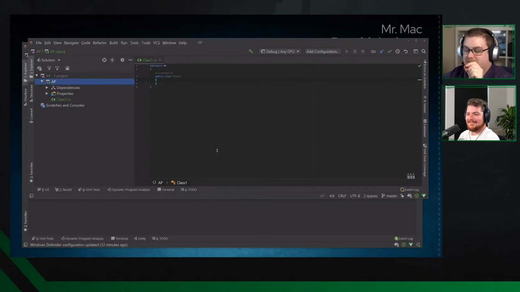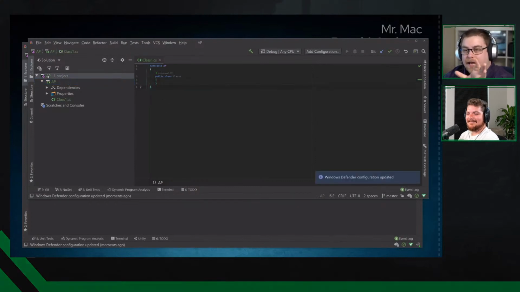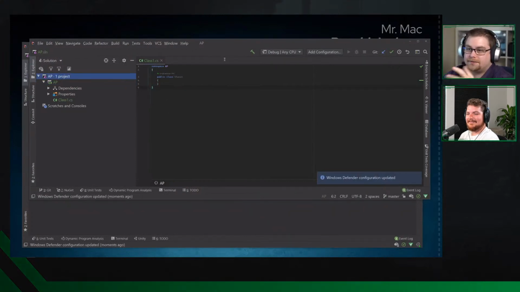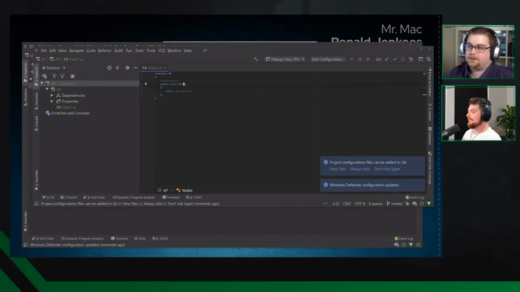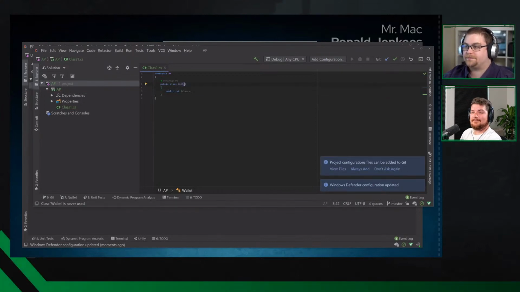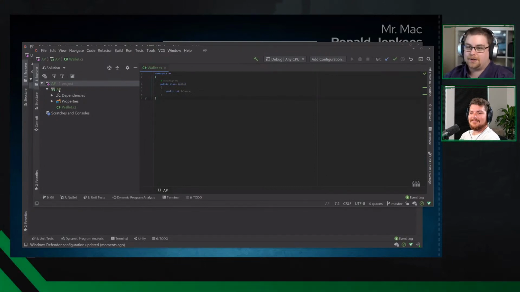Yes, all of these automatic pop-ups. So we've got this AP class library in this AP project that exists separately from Unity. Now I can just make a class, and I'm going to call it Wallet. For simplicity, public int balance. I should also name the file to match that. Close all of this, stop the pop-ups. So we've got a DLL now called AP. Now if I build this,